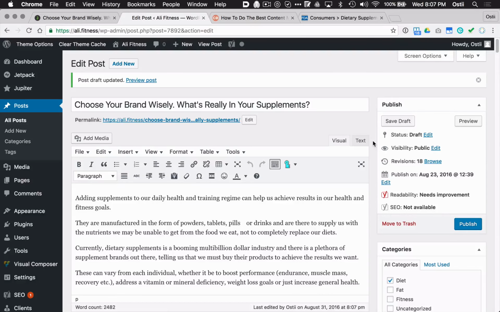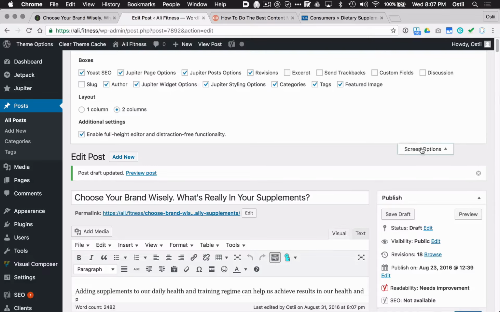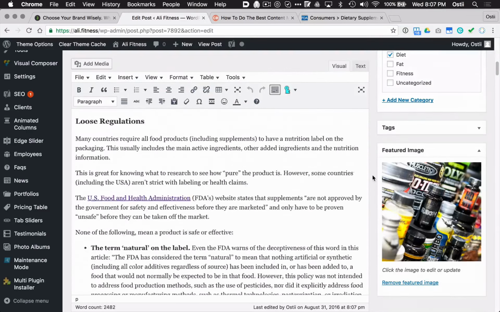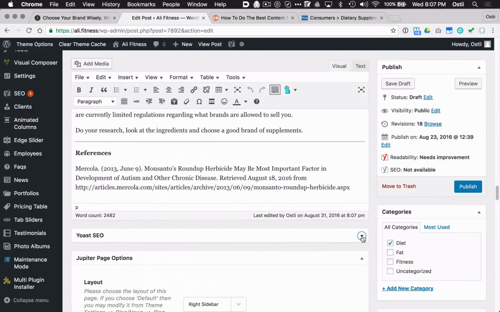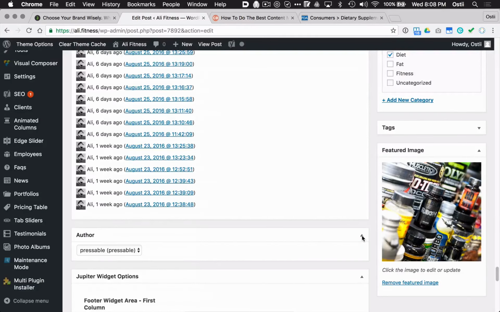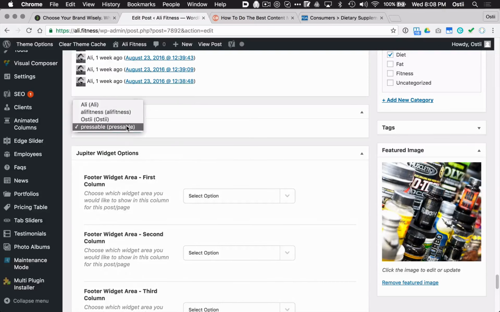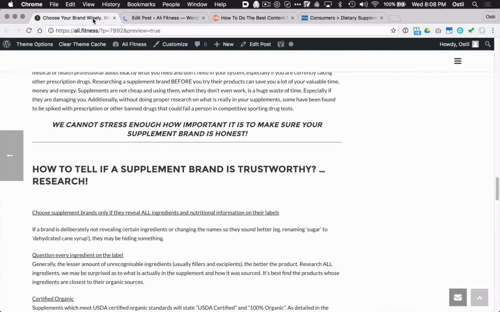Now the final thing I want to do to this post before adding images is click on screen options and check that this is showing the author, which it isn't. So I'm going to click author, hide that, and then I'm going to scroll down. So even though I've written this post, the post is actually by Ali. So down here somewhere, there's our author. And let's click Ali and save the draft. Let's refresh our post